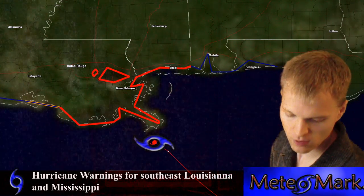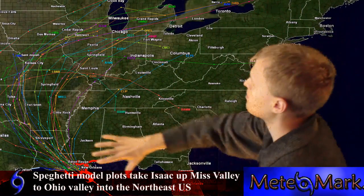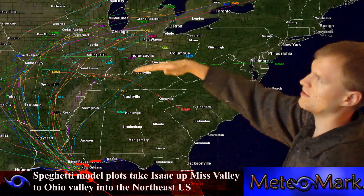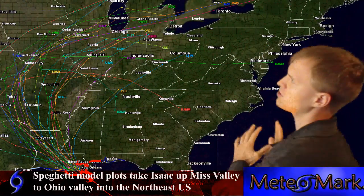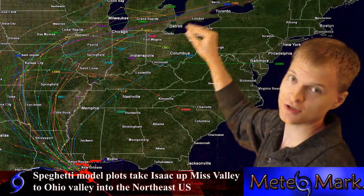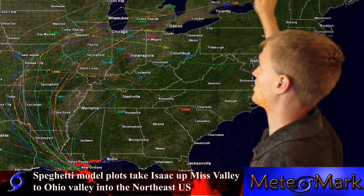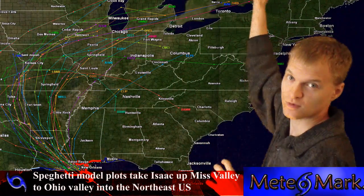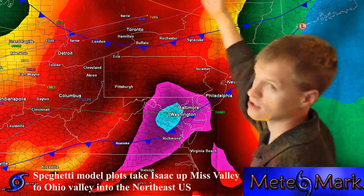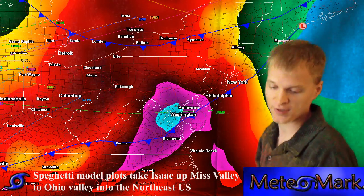And the last thing I want to go over is the extended spaghetti models up into the Ohio Valley and then eventually bending up into the northeast. Models have shifted a little bit further north and west with this, but areas such as New York, Pennsylvania, the Ohio Valley still need to keep a close watch as this interacts with a front that's coming down that's moving very slow. So Isaac, this Labor Day, could be putting a damper on things up in the northeast in the